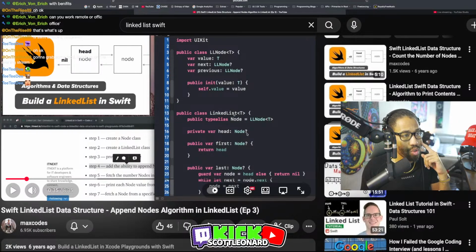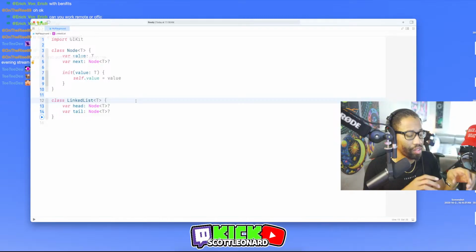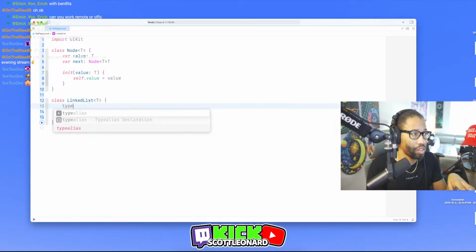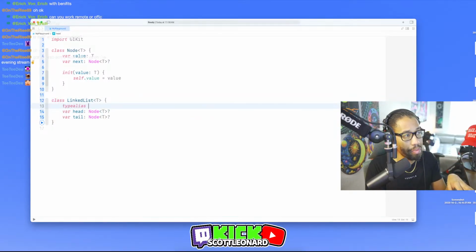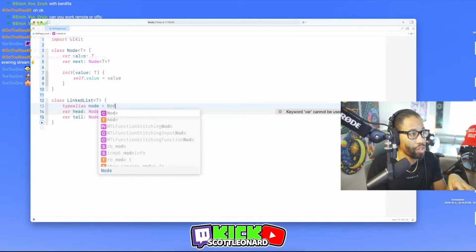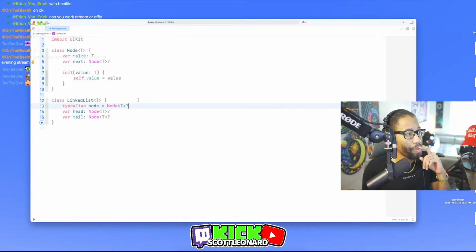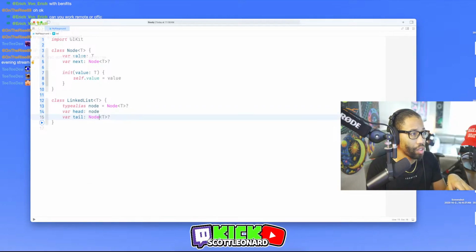I guess he just wanted to use the word node by itself. Maybe. Which I barely remember how to do this. Type alias. So type alias is going to be node, I think, equals node of type optional. Is that how you format that? And then these would just be node. Yeah.